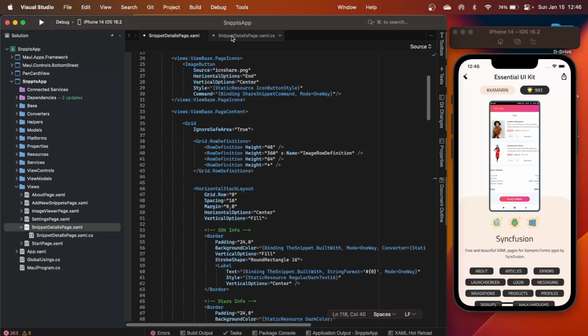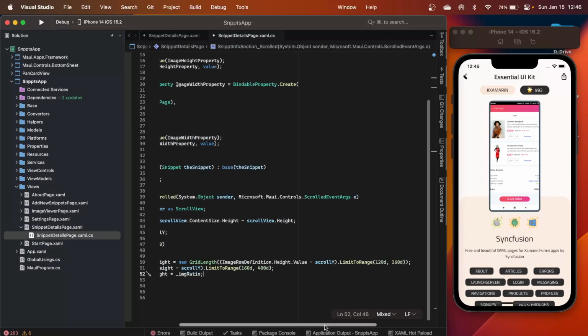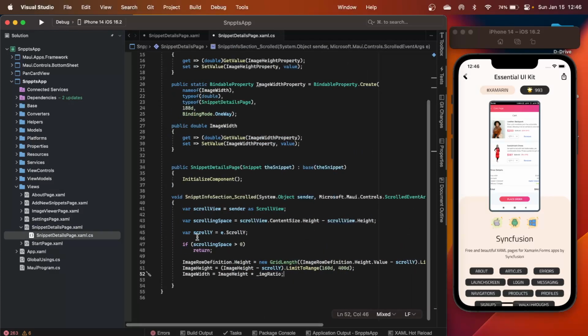So I want to restrict it to this range. And then once I have set the size, I'm going to change my image height to the current image height minus the scroll y. And again, I'm limiting it to 160